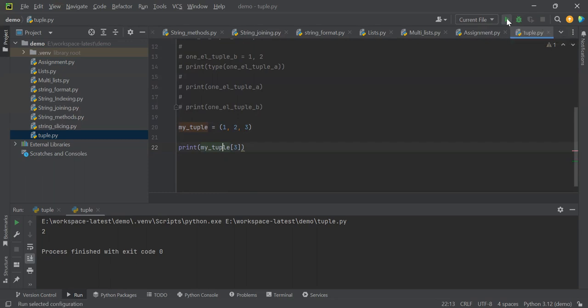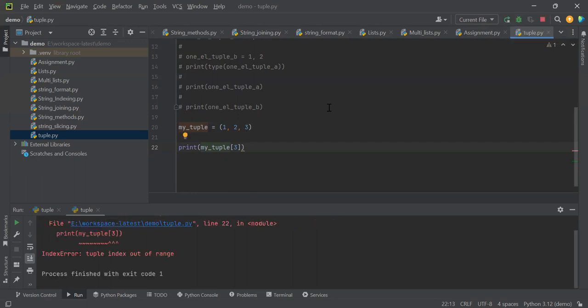Exception. Yes, that is index out of range. No, it is not none. As we're talking about that, if you're using the index numbers, it is going to throw an exception. If that particular index is not there in that list or tuple, then it returns the exception, tuple index out of range. But if we use the slicing,